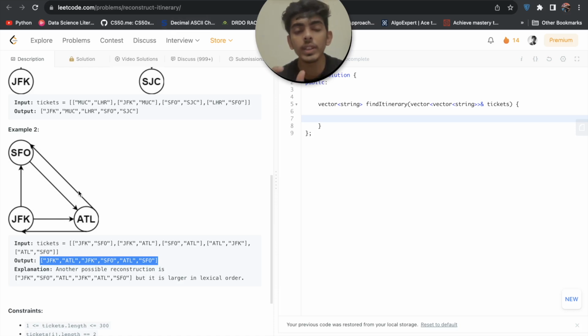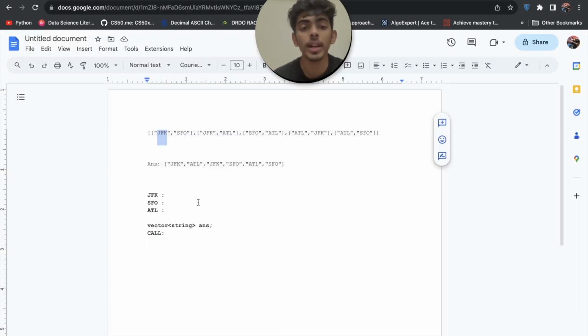For that we need a data structure which returns the lexically smallest order. So we will take the min heap as a helper for that, which will automatically return the lexically smallest one. We will declare a map in which our key is a string and the value is a min heap. If we iterate over this and try to fill our map, initially our map has nothing, no key-value pairs. Initially it was empty.